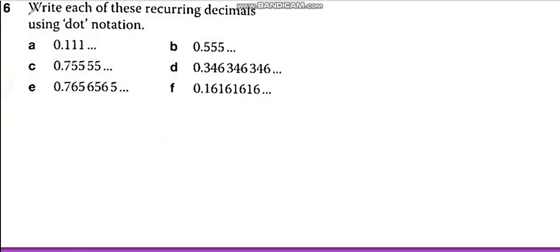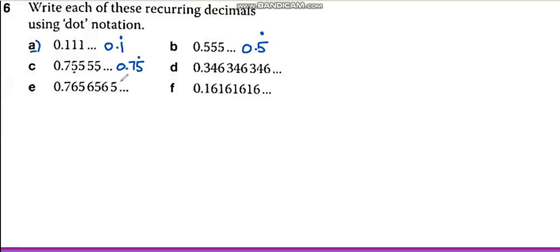In question number 6, it says write each of these recurring decimals using dot notation. So let's suppose we are doing A part, so we can first write 0.1 and 1 is being repeated, so we can put a dot above 1. Similarly, in B part, we can write 0.5 and we can put a dot above 5. And here you can see 5 is being repeated, so we can write 0.75 and we can put a dot